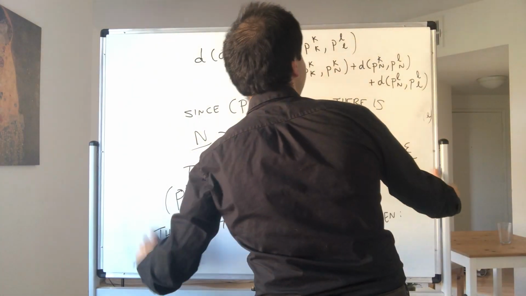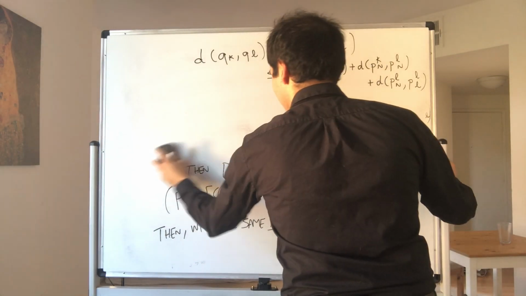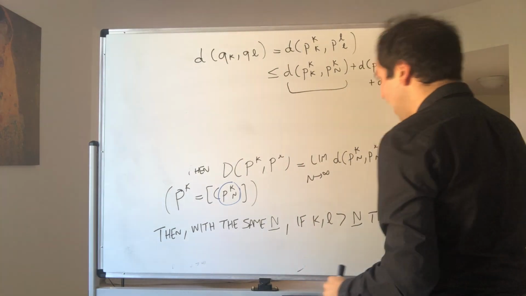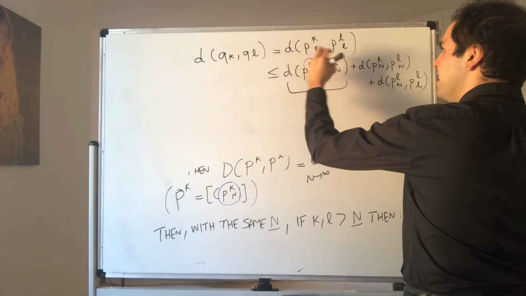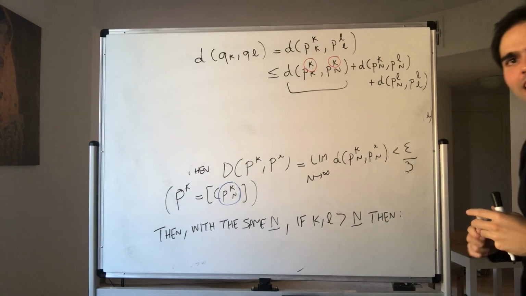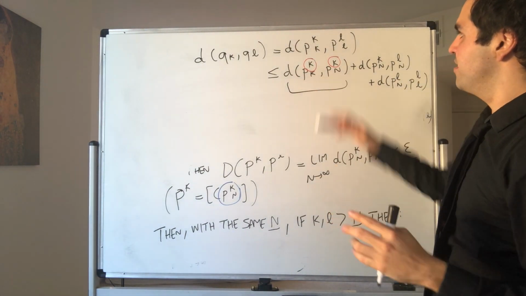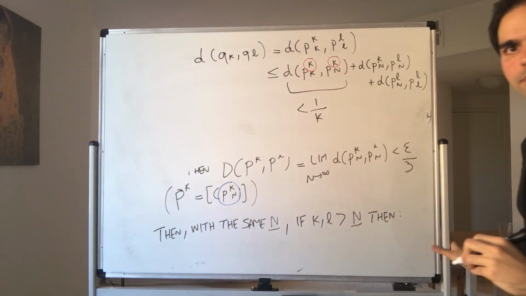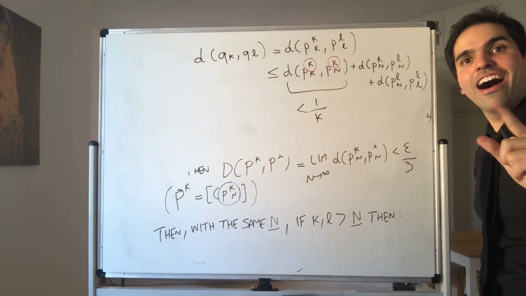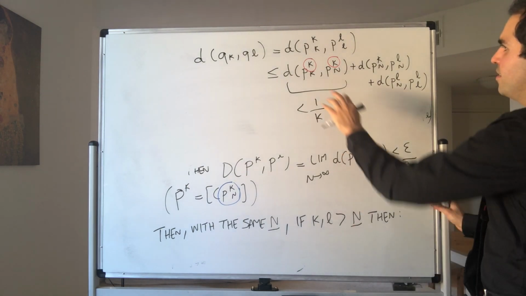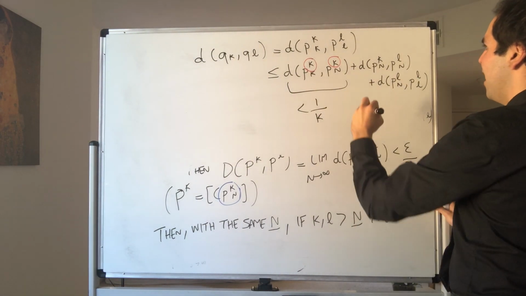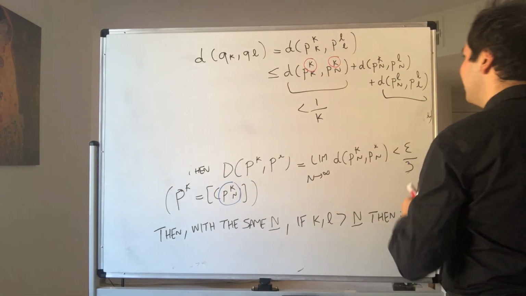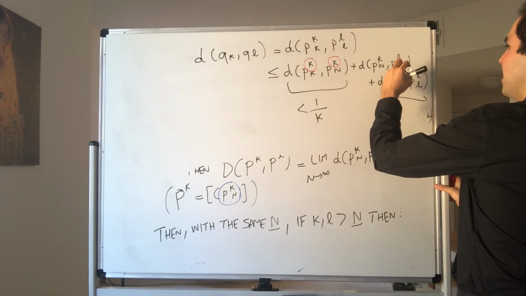And I know it's just ridiculous, but here's the thing. Remember that for fixed K, again, the way we defined our sequences, this thing is less than 1 over K. So that's how we defined Qn, and we defined our PK. And moreover, same thing for here. So we know that this is less than 1 over K, and similarly, we know that this is less than 1 over L.